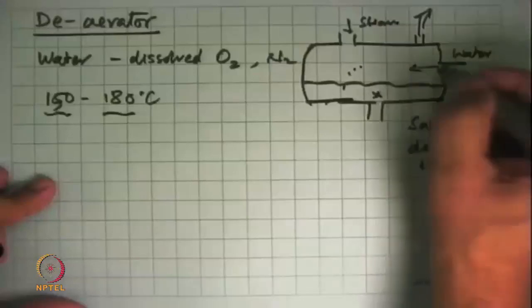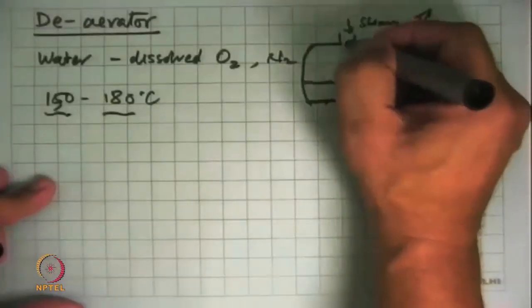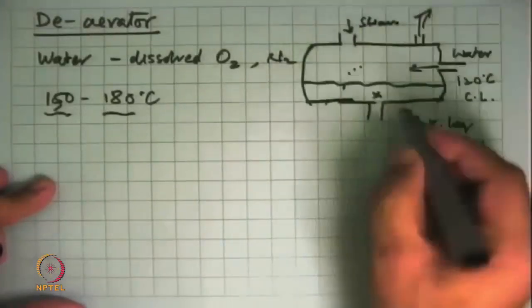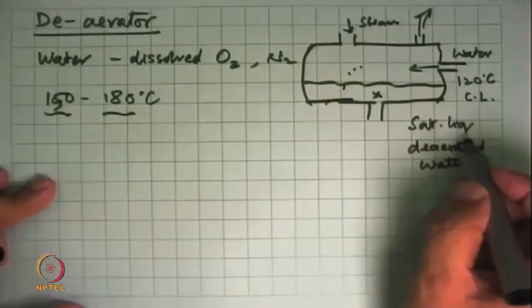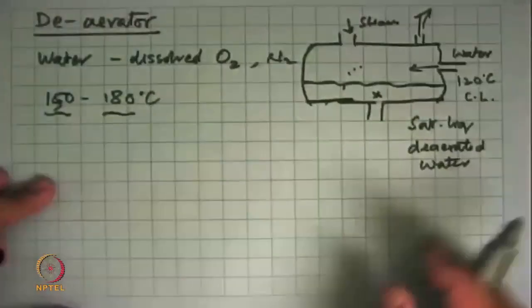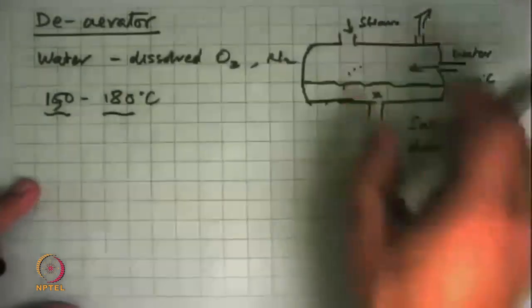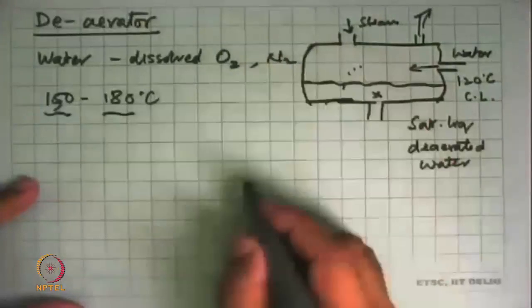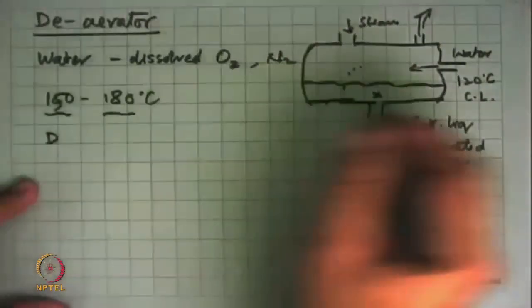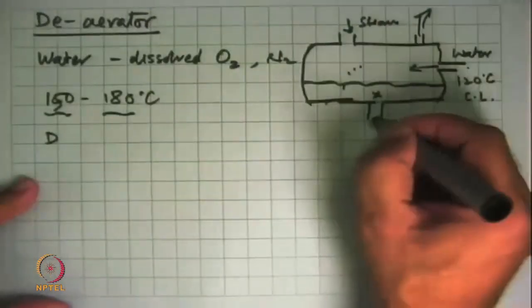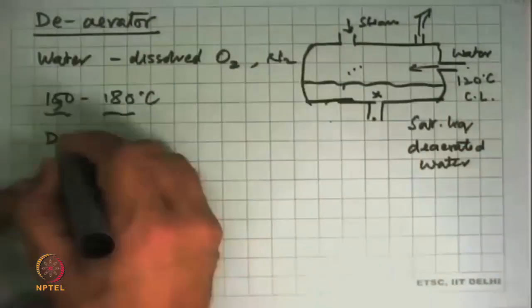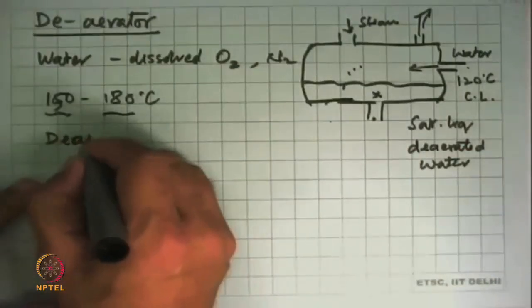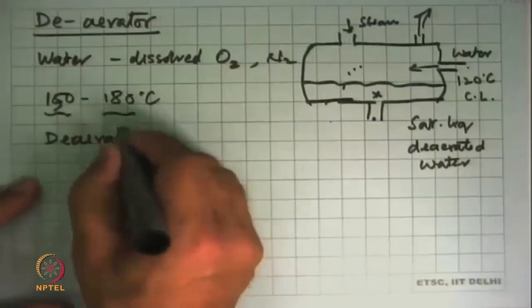So you have mixed compressed liquid with say superheated steam or dry saturated steam to produce a saturated liquid. The equations, everything will be identical to what I have just done, and the analysis of this can then proceed. In vapor power cycles, this is also called a deaerator, and it is combined with a temperature rise. Water came at 120 and it goes out at say 150. This is a deaerating feed water heater.